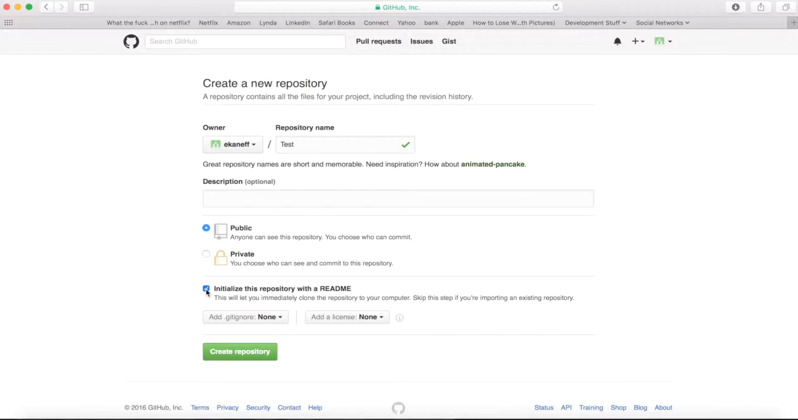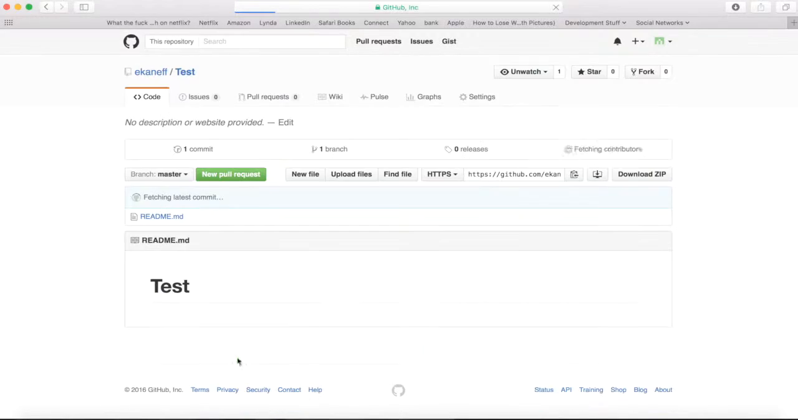Initializing it with a README is usually recommended to give whoever's coming to your GitHub repository a rundown on the purpose behind it and any instructions before using the code or looking at the code, if they need to have anything installed. It's just a really good way to give your visitors a good overview of everything that's going to be on your repository. So after you initialize with a README and decide you're public or private, you can go ahead